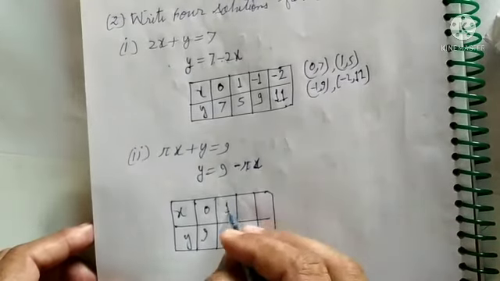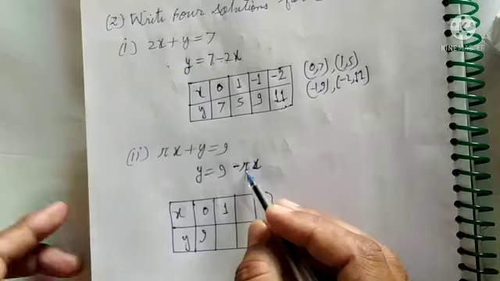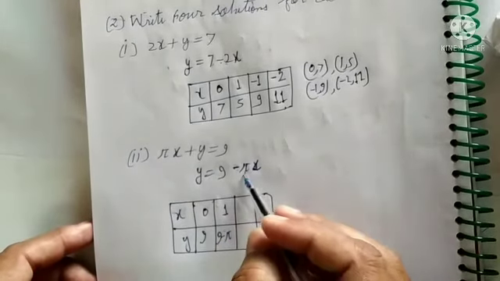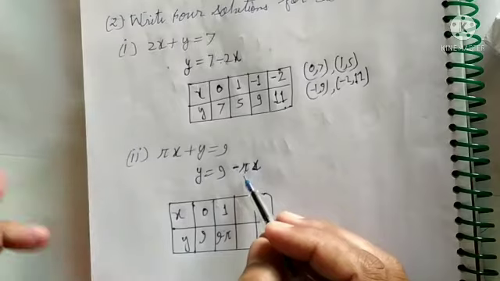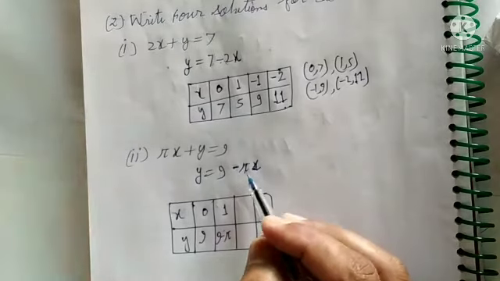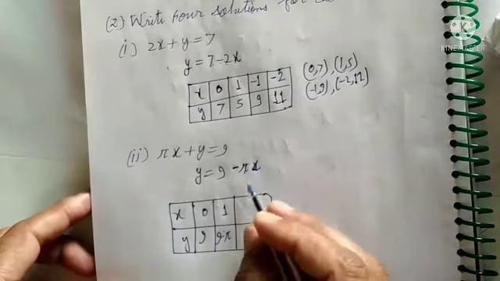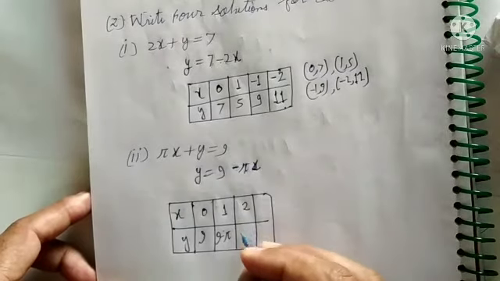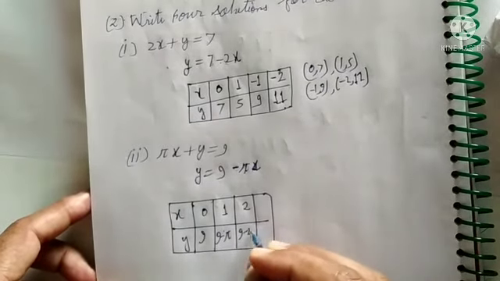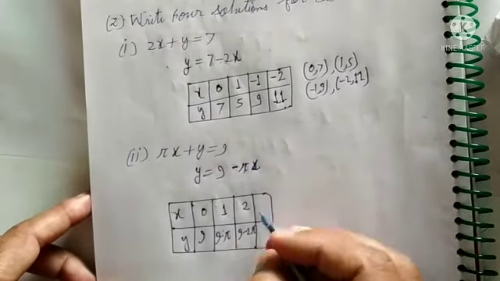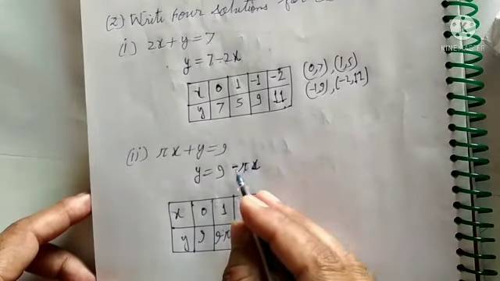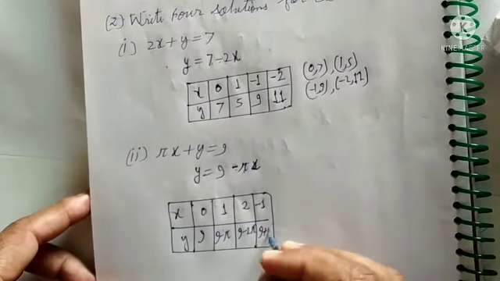Now if you put x equal to 1, then 1 times pi is pi only, and this is 9 minus pi. Okay, don't write the value of pi as 22/7, because pi is an irrational number here, so pi is pi only. If you take the value of x as 2, then it is 2 pi, so the value of y is 9 minus 2 pi. If you take minus 1 as x, then minus minus becomes plus, and 1 pi, so 9 plus pi.